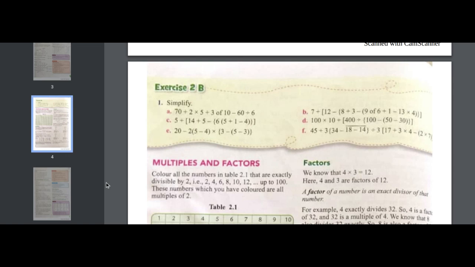Which bracket will we solve first? Just tell me, you can write after this. Simple bracket. Then 5 plus 1 minus 4. Okay, we have done this. And then the answer will be multiplied with 6. Very good. After that, we have to do the first addition, 14 plus 5. Then we have to do the subtraction. Then the answer will be added with the 5. Okay, hurry up, then tell me that you have done this.